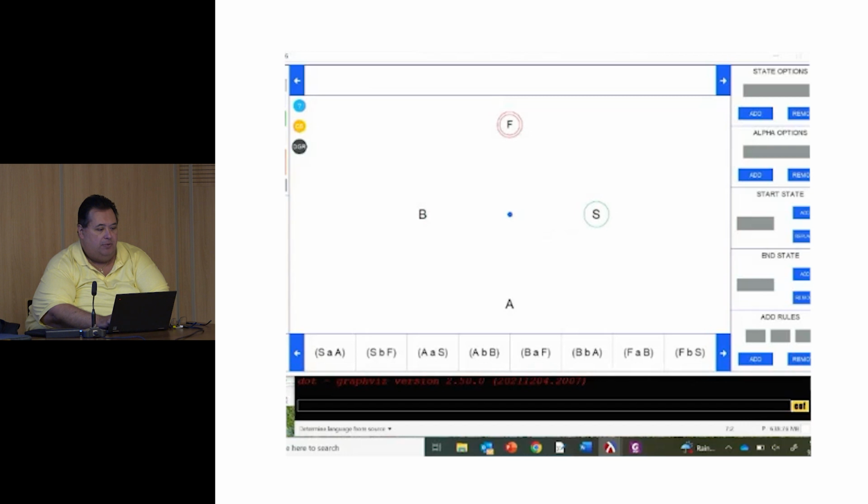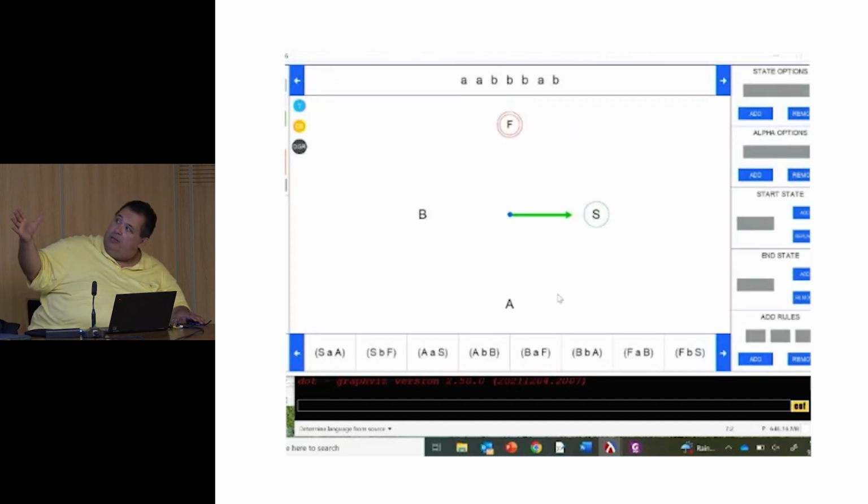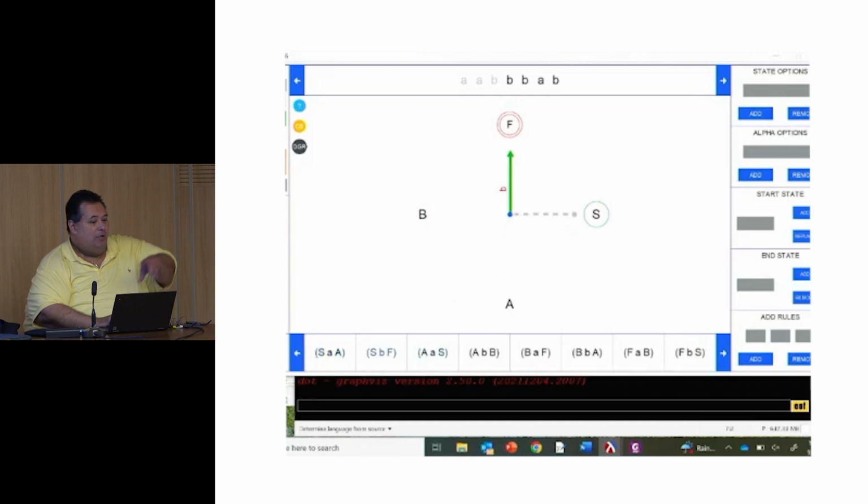Let me give it some input. Let me run this. And then you see that this arrow appears, and if the arrow is green, the invariant holds. If the arrow is red, the invariant fails. And if it's orange, it means your invariant is invalid. Then you can just step through it, and as you step, you can see the color of